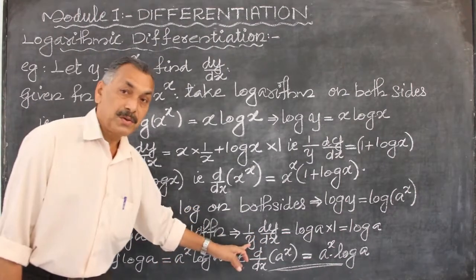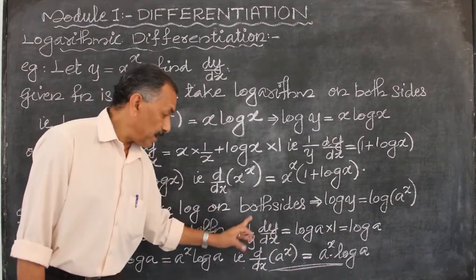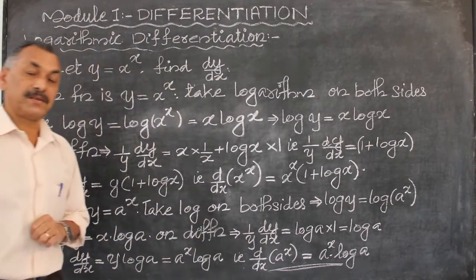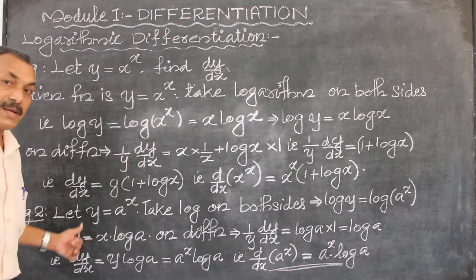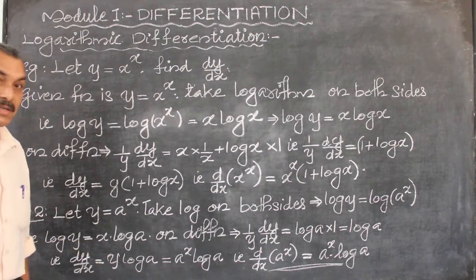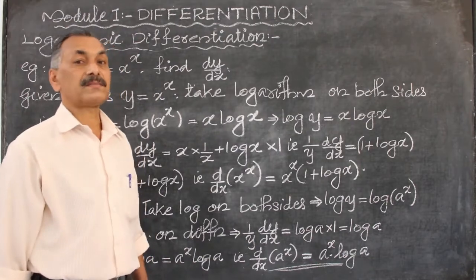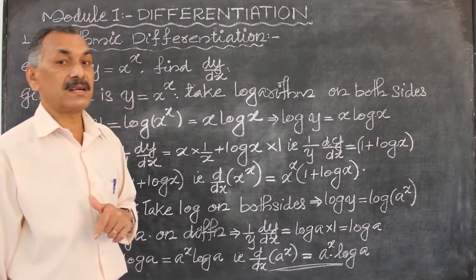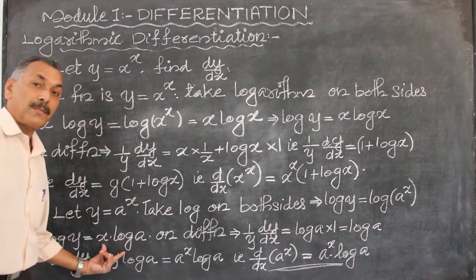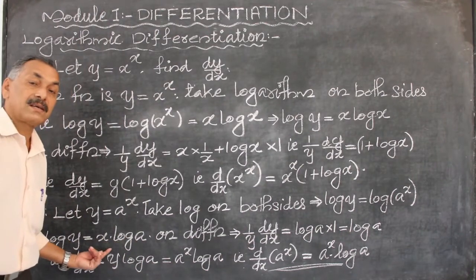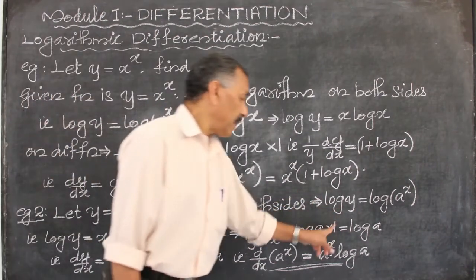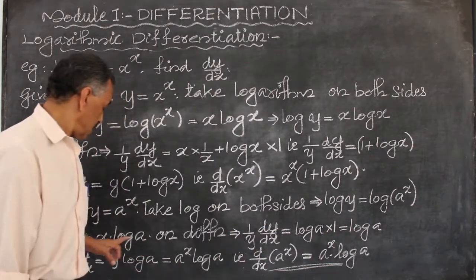Then 1 by u, like u derivative, is 1 by y into dy by dx, the y derivative. Then log y derivative is 1 by y into dy by dx, equal to, here log a. Log a means it is a constant. Log x would be a function. Here the function product is not applied. It is a constant into x, that is log a into derivative of x. Log a into